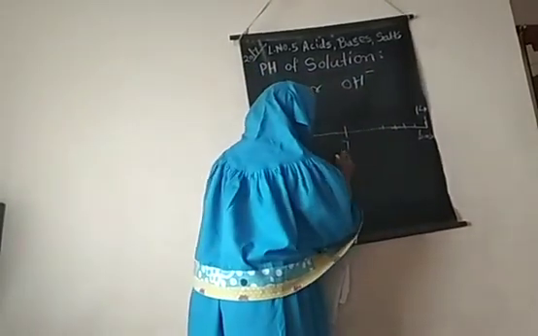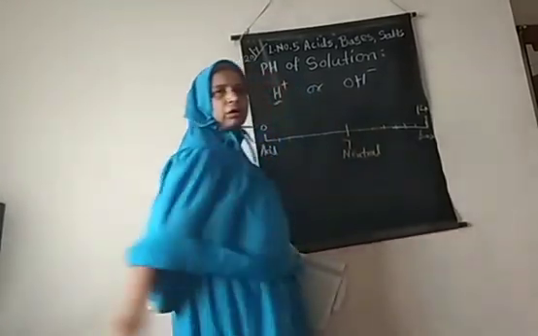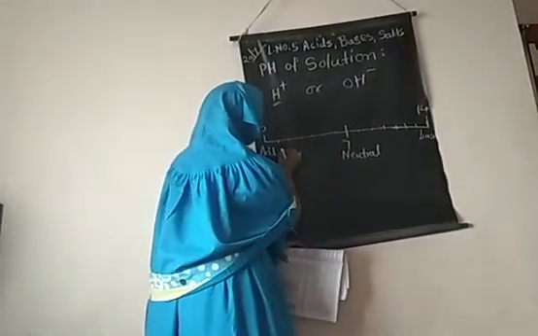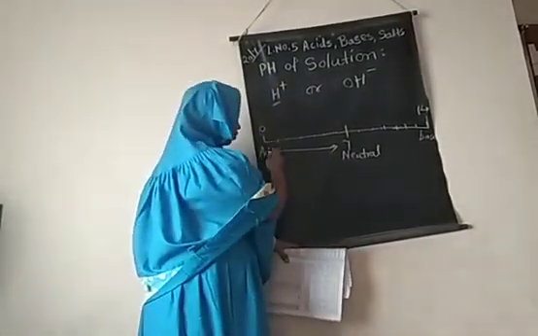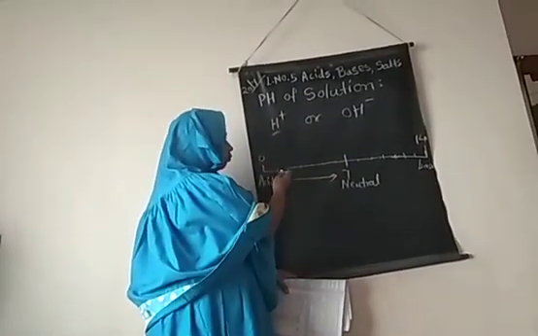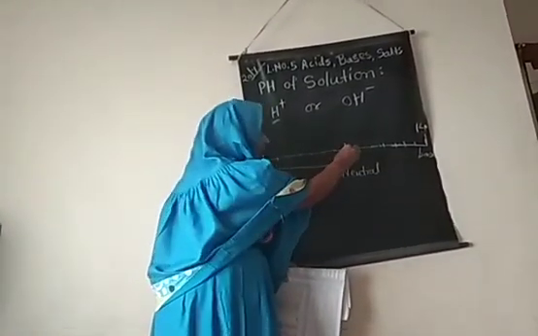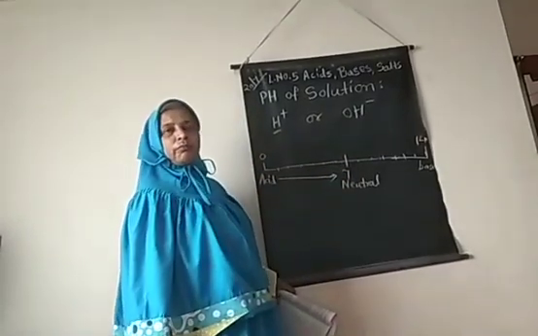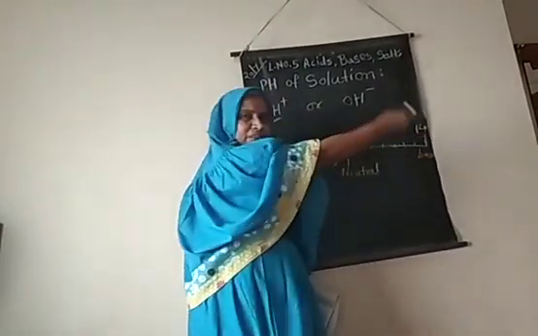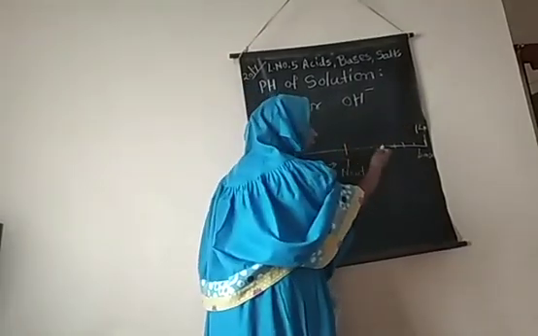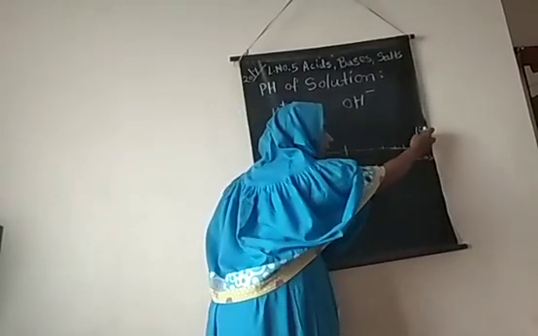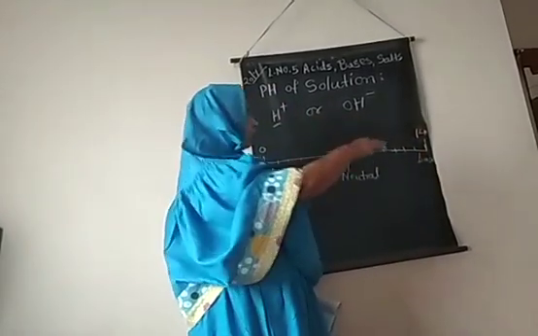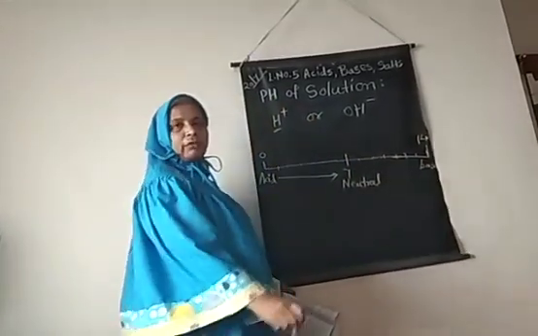This pH value 7 is neutral. So when we are going from 0 to 6, the acid goes on decreasing, that is, it becomes dilute, and up till here is a neutral one. On the opposite side, when the value goes on increasing, the dilute base becomes concentrated, and at this point, the 14 pH value, the base is the concentrated one.